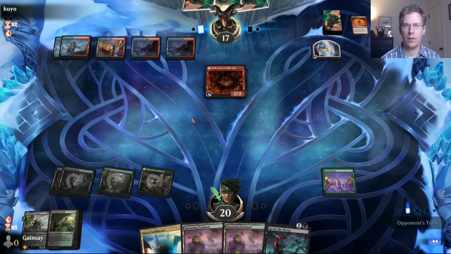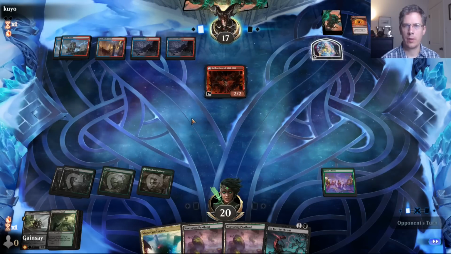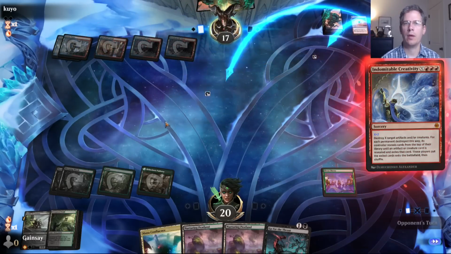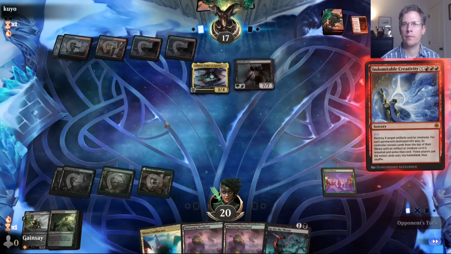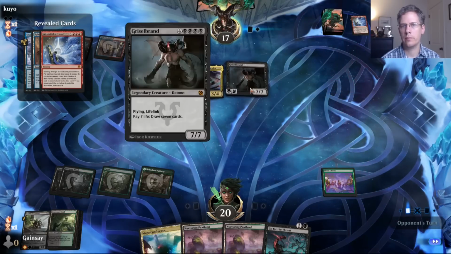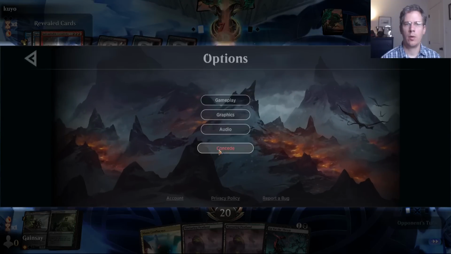Please don't just Creativity for 2. I think that's what's happening to me, though. Creativity for 1 and put that angel in play and name creatures. No, I'm dead. Oh, it's a different way to kill me. Okay. Dead anyway, but...